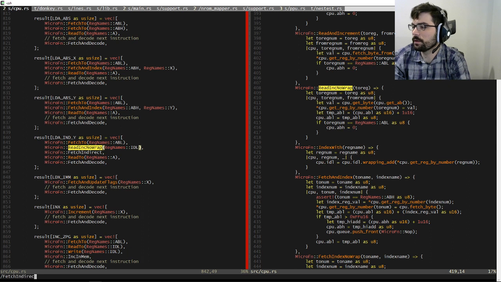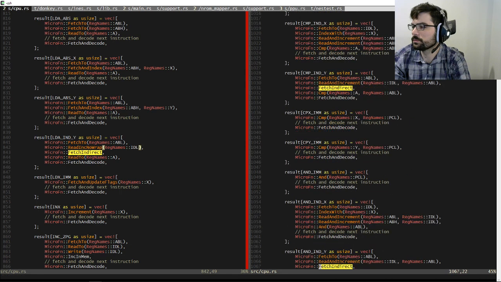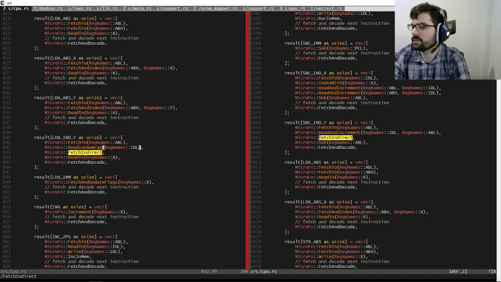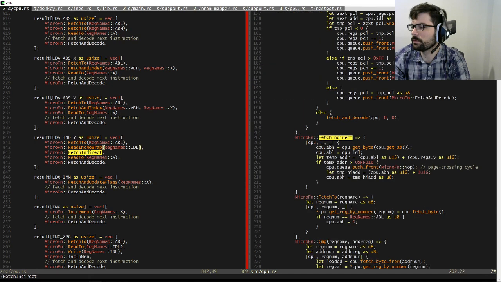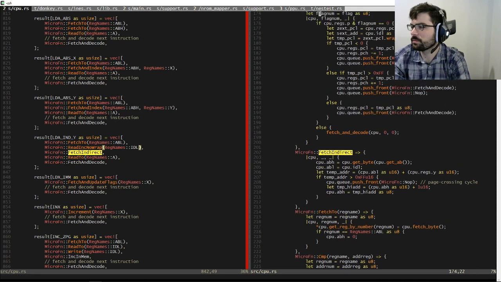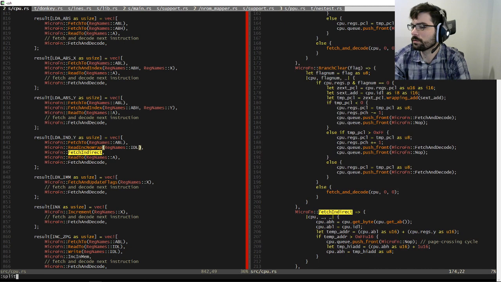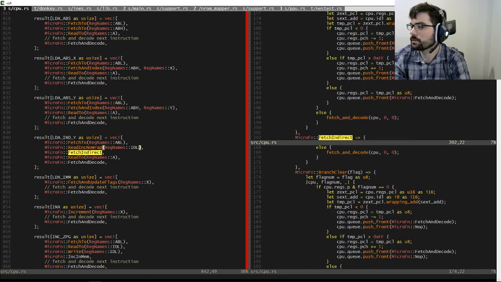Fetch indirect, which for some reason is not just doing fetch and index with register Y. I don't really know why. It looks like it would be the same. What's the difference?